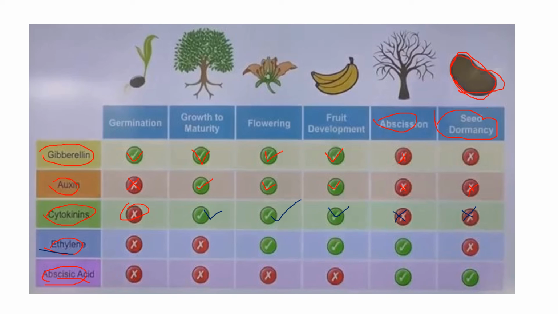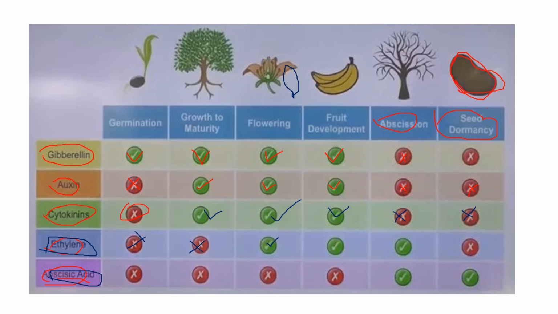See, ethylene and abscisic acid are growth inhibitors or growth stoppers. Ethylene is not used in germination of seed because it is not a growth promoter. It is a growth inhibitor. In flowering also ethylene is used, because if the flower is growing, then ethylene stops the growing of the flower and opens the flower, by which the growth of the flower stops. This is also like a growth stopper.